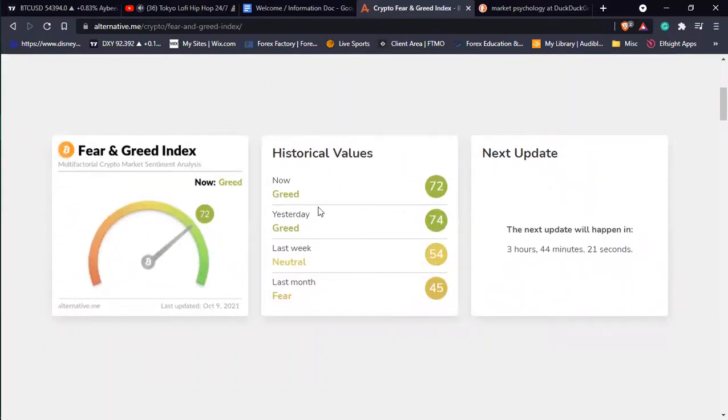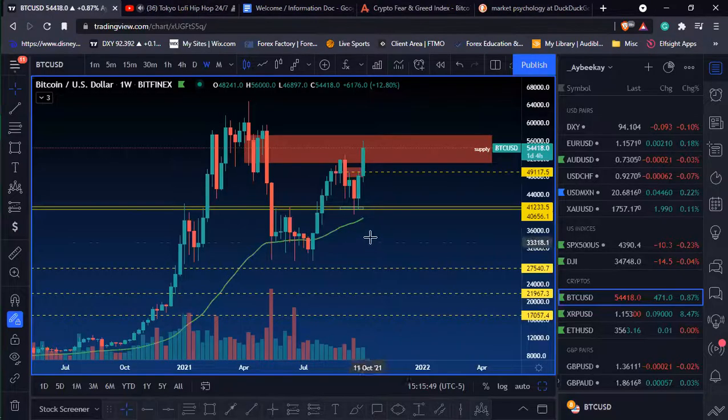Greed 72. Yesterday it was at 74. Last week there was fear in the market. Now there's greed in the market, especially because prices are at those highs, right? I don't want to see greed. I mean, it's kind of hard not to see greed at these highs, but those aren't